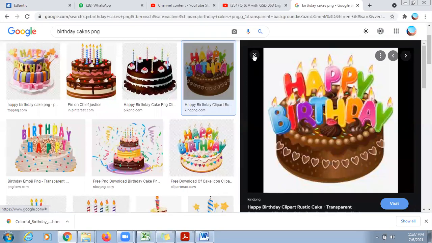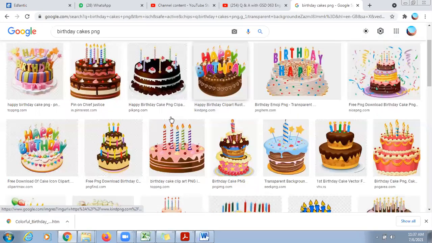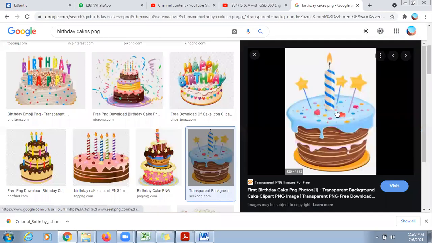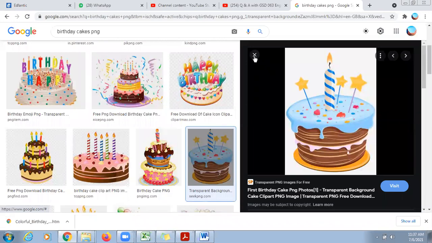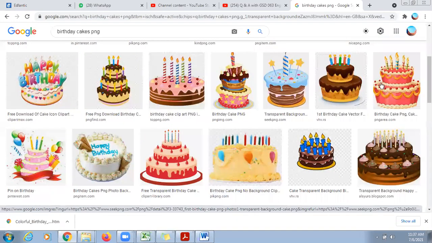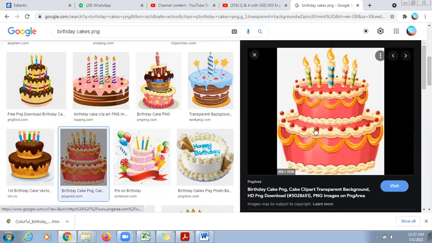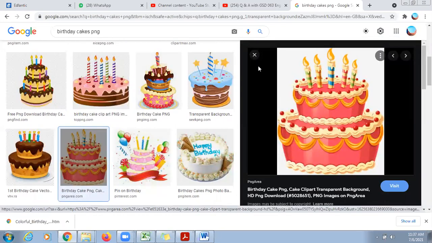No, it is again not a PNG image. Not a PNG.